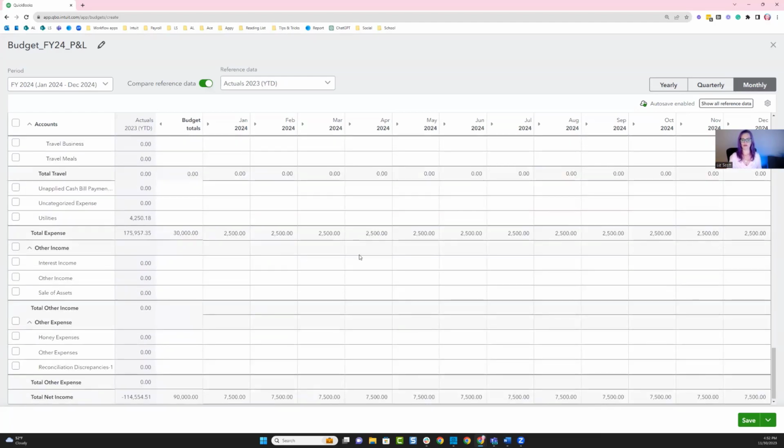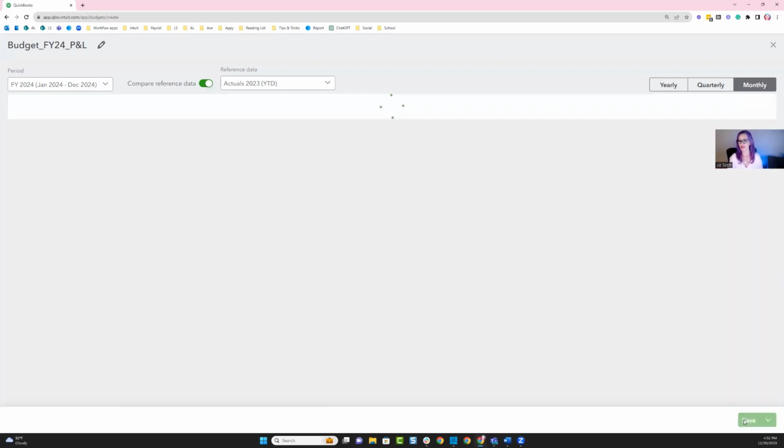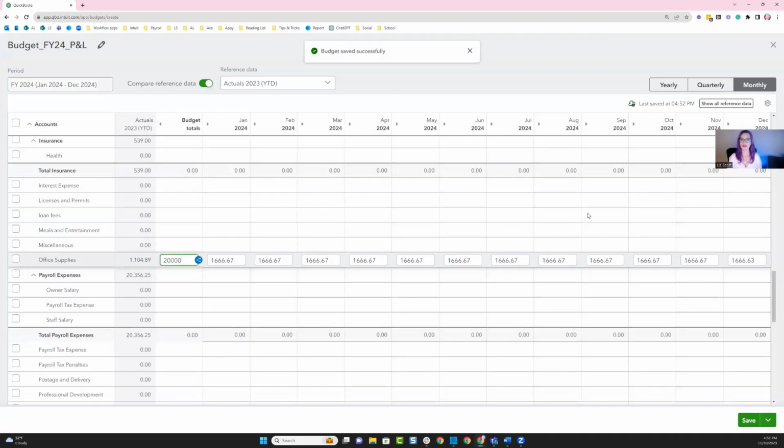Meanwhile, down here at the bottom, you can continue to see what is your total budget, what's your net income. So using our last year's numbers, we can see where we fell, but then using this year's numbers, we can see what's the impact of the totals that we're putting in and what's that activity going to look like for us month over month. Really helpful. Let's go ahead and say save. And then the next piece of